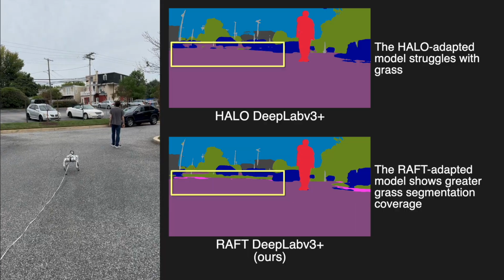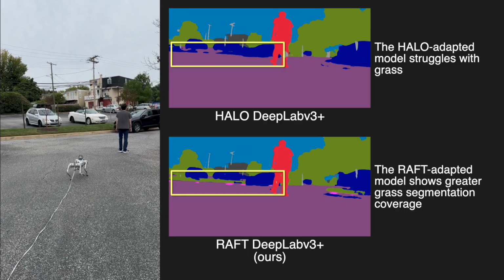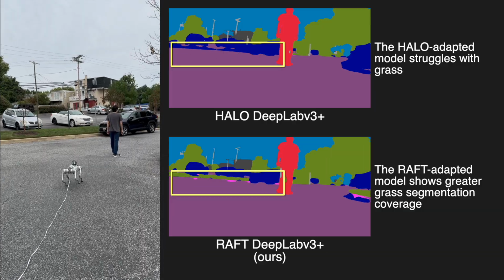While the RAFT-trained DeepLab is imperfect with curbs, it identifies the grass within, while the Halo DeepLab struggles,